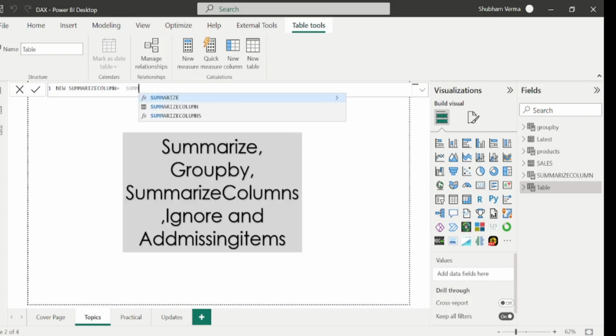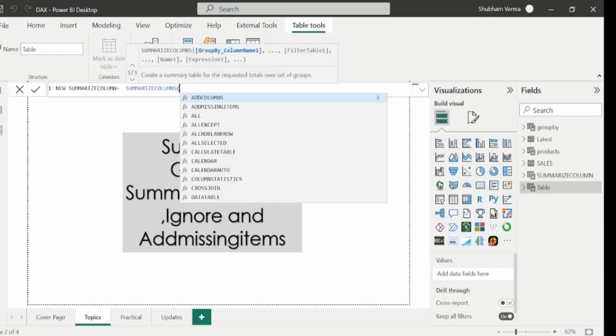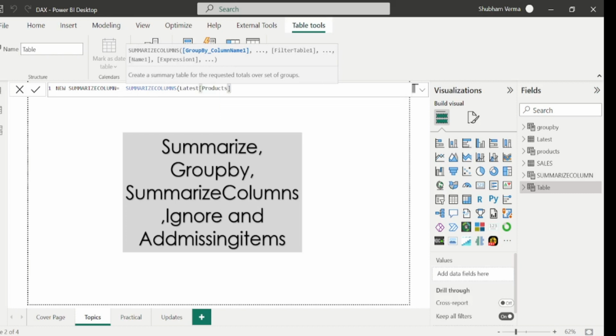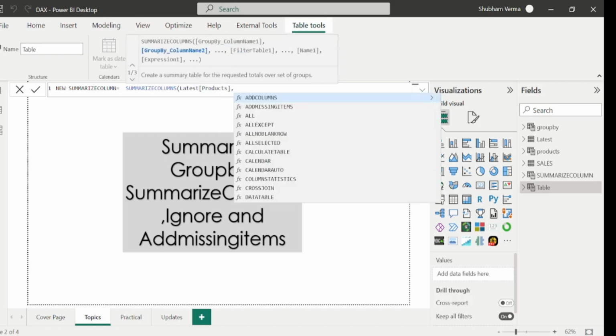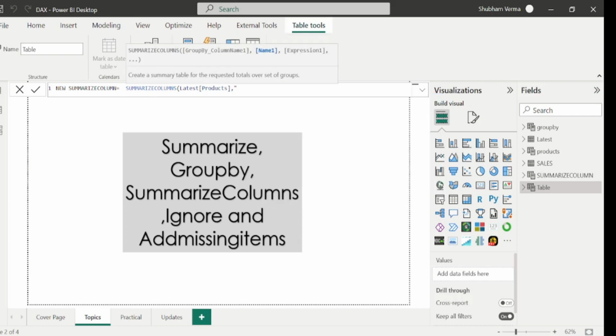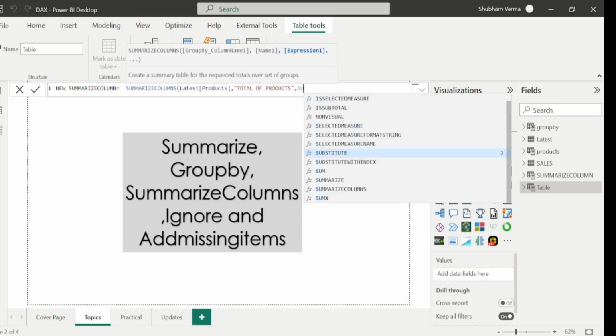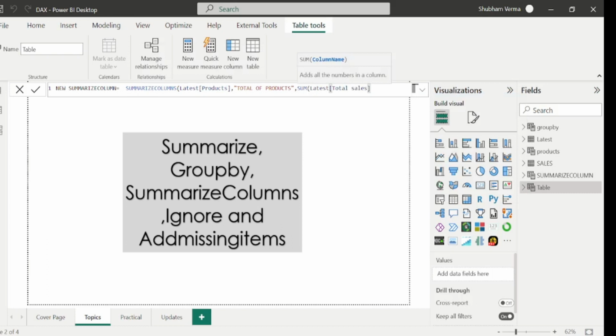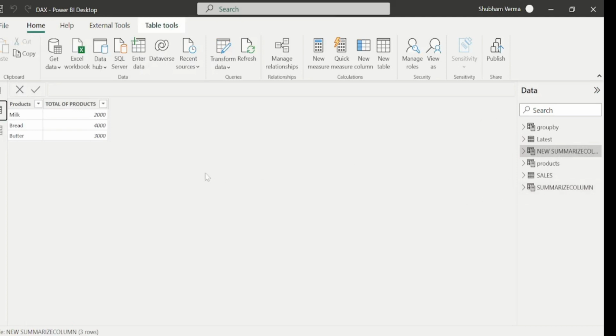And now I will write my DAX function, which is SUMMARIZECOLUMNS. Under group by column name, guys, I will take the product column, which is from the latest table, comma. The next parameter is group by column name 2. Within inverted commas, I will take the new header of the column, let's say total of products, close the inverted comma, comma. And the next parameter is expression. Under expression, I will take the sum of the sales column, which is from the latest table, and close the bracket and hit enter. So here is our new summarize column table, guys,